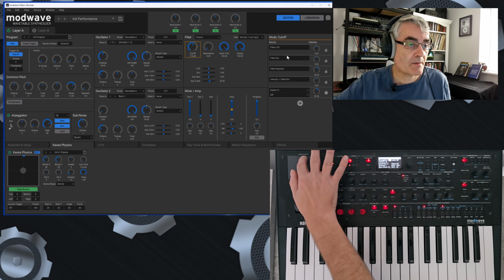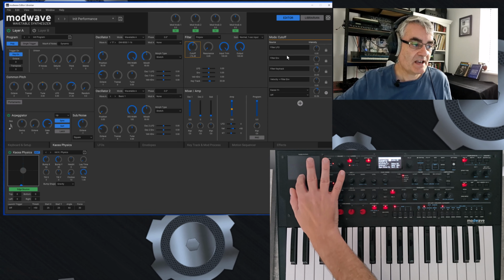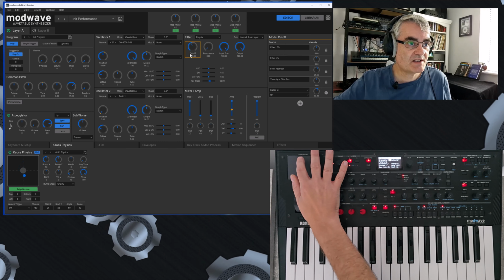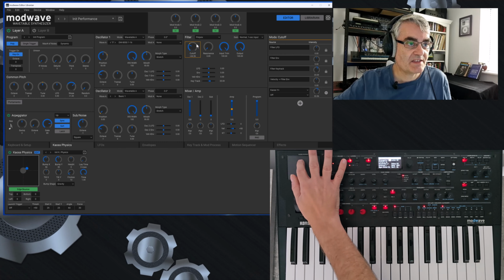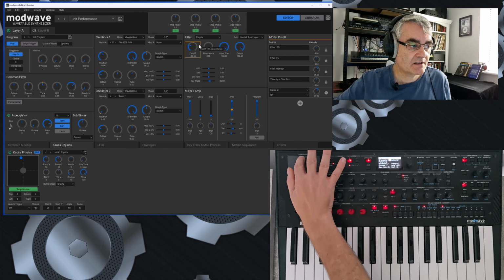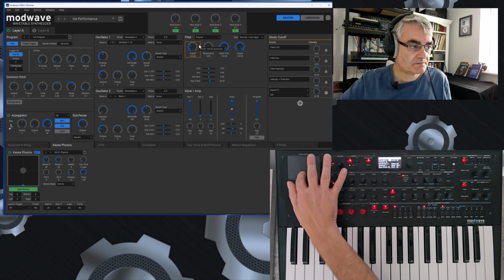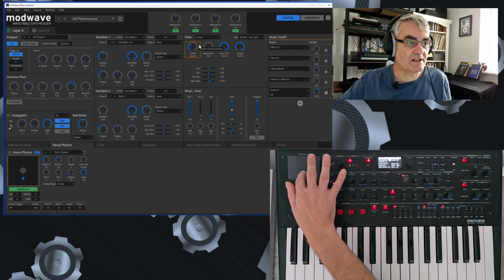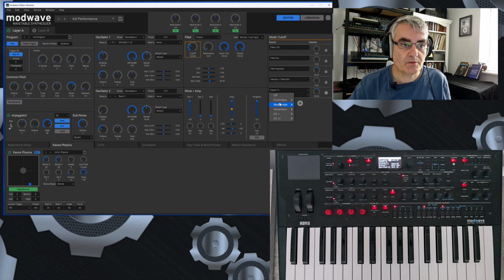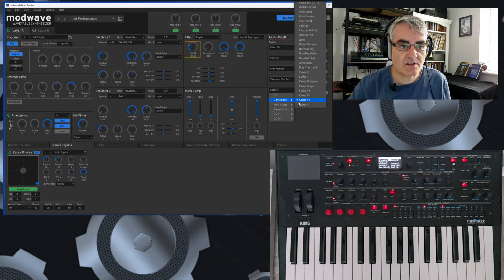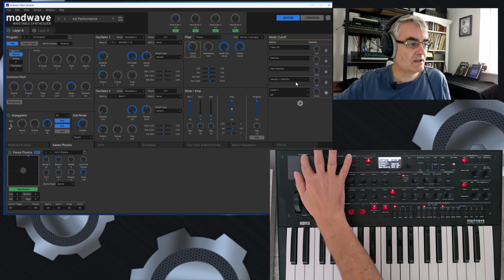So it's a positive value, but it's never a negative value. So if I take this down to there, that will always be the lowest. And in fact, it has no effect in the negative range. Now, on the reverse of that, if I change it to the Y negative,